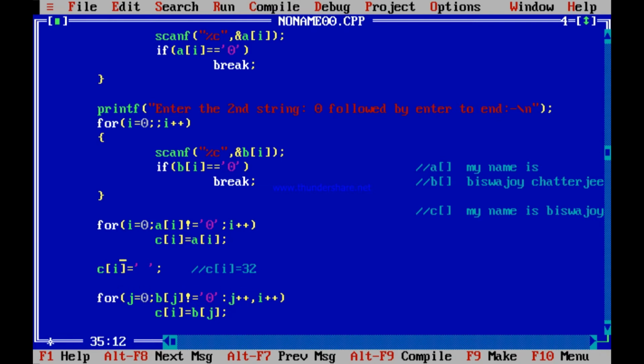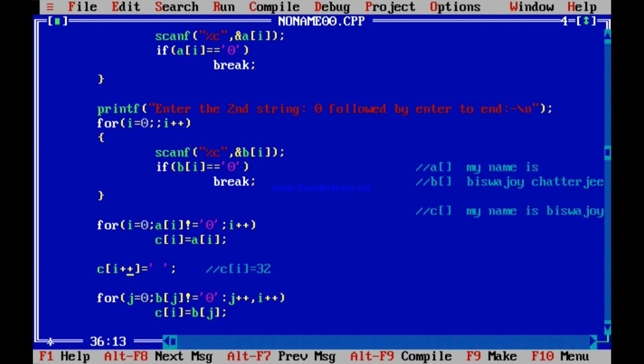Why do you put this blank space? Because my name is copied. This whole thing copied. After that, this name will be copied. Between these two, there has to be a blank space so that the sentence looks proper. Is not so? But then I should increment and go to this position. So what to do? Before you start with this, I has to be incremented. What to do? Ci plus plus over here.